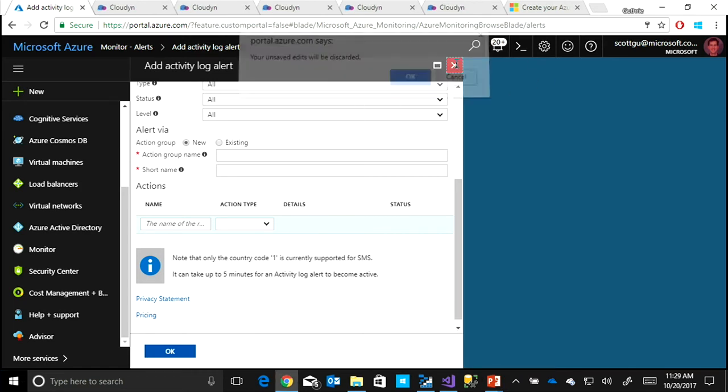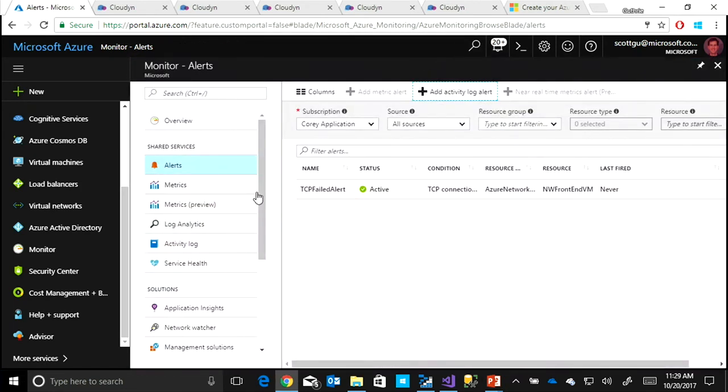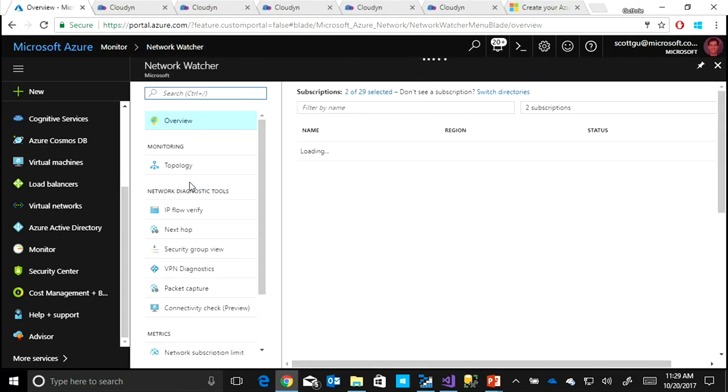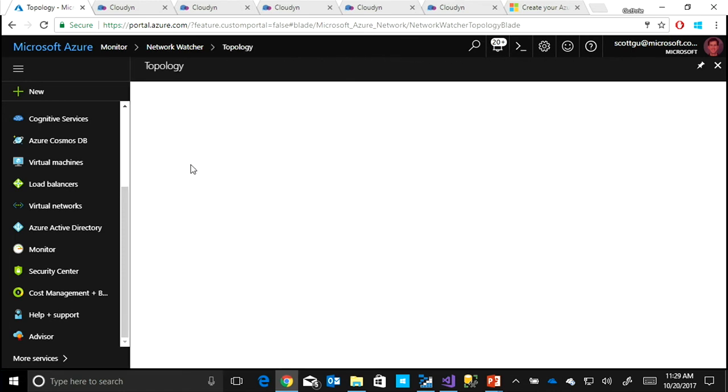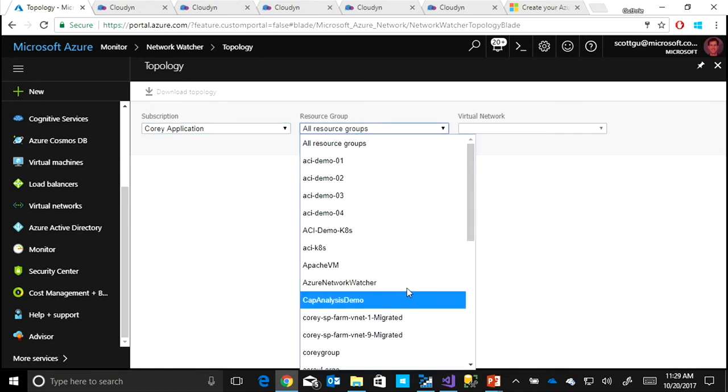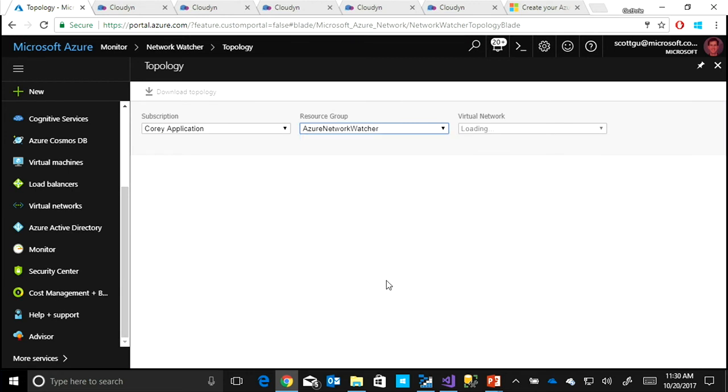Other things you can do in the monitor window, something to check out, especially if you're doing hybrid networking with an existing on-premises environment, is something called Network Watcher, which is also now exposed in that Azure Monitor window. This has a whole bunch of great networking diagnostic tools that can help you pinpoint when you're having network problems. In general, networks are one of the more finicky things to get right in any enterprise. And especially when you're connecting to applications in the cloud, you can sometimes run into issues where someone changes, for example, the network rule on-prem, and something breaks,